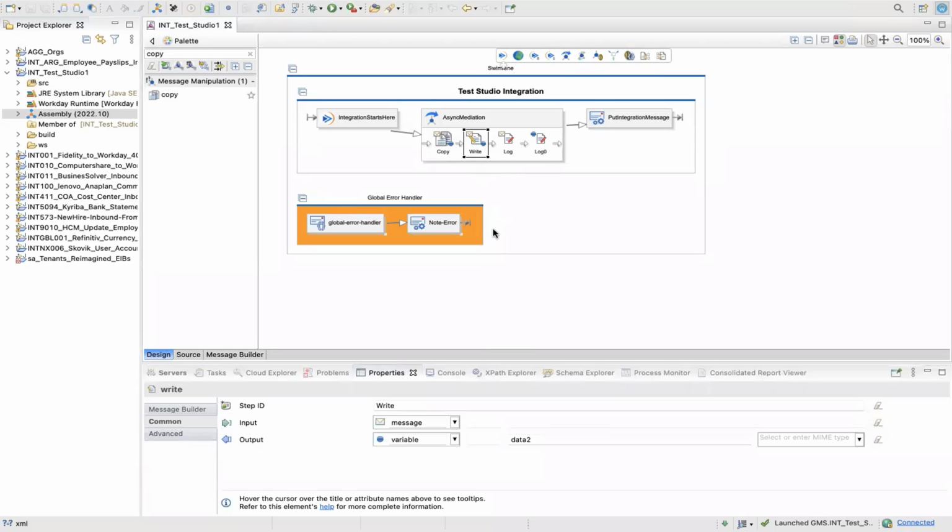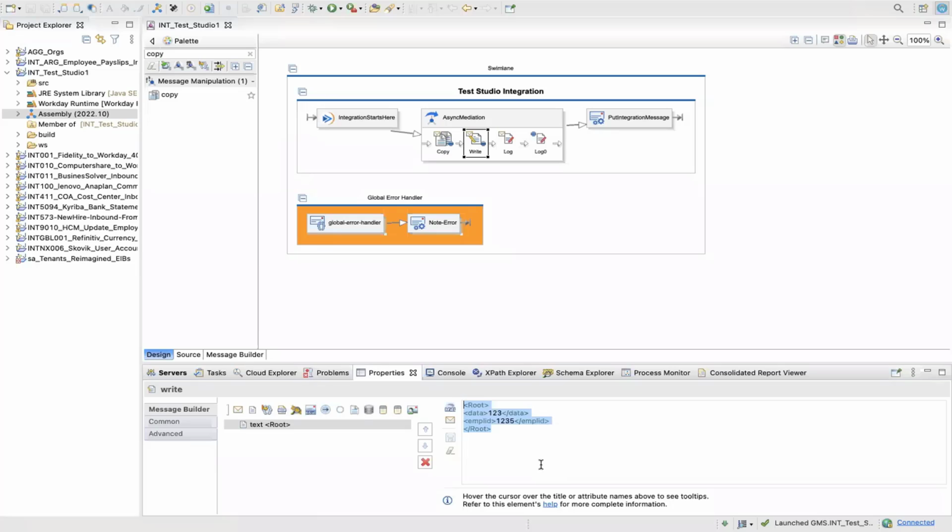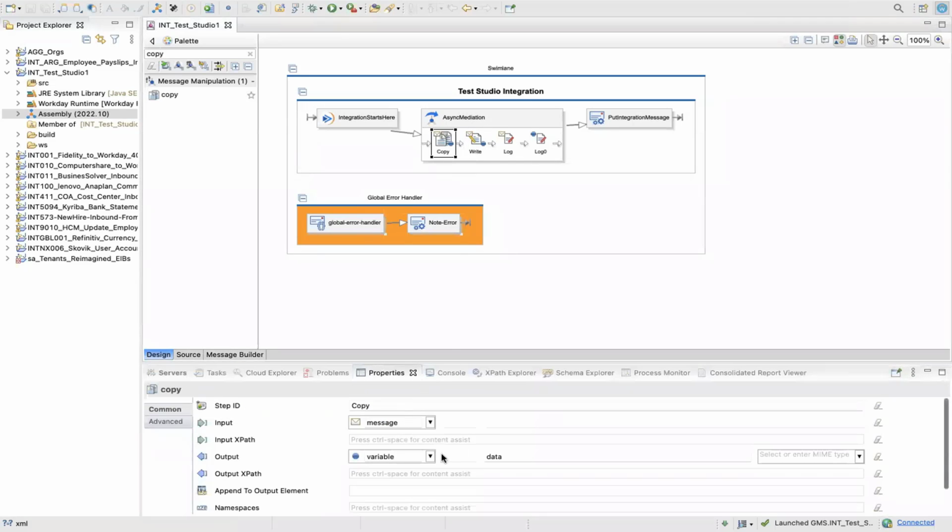So the statement which I mentioned, that message flows from one component to another and it gets changed if there is any processing, holds true only if input and output both are message. But if you change it to variable, then whatever update that write step is doing will get stored in data 2, but the original message will flow back to this log. Okay, this is a very important concept, because you need to know what is happening in each one of them. Yeah. So now that you are clear about this,